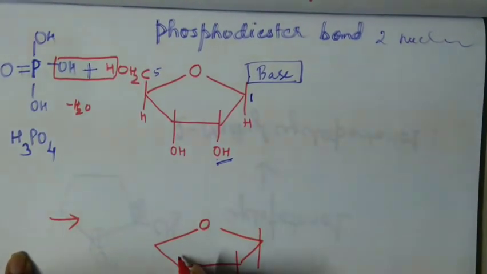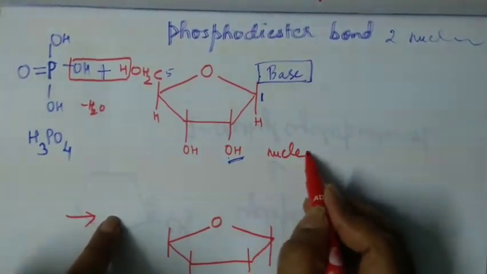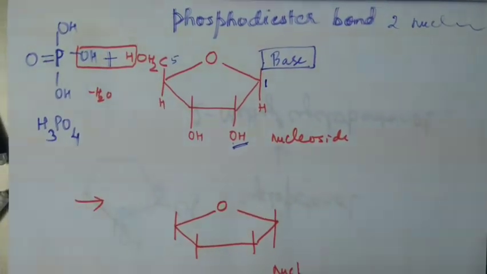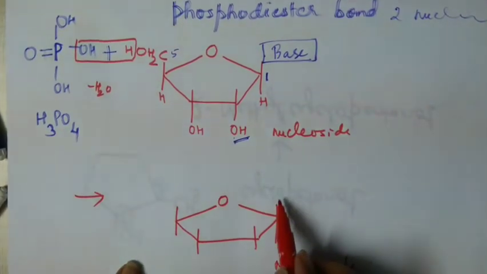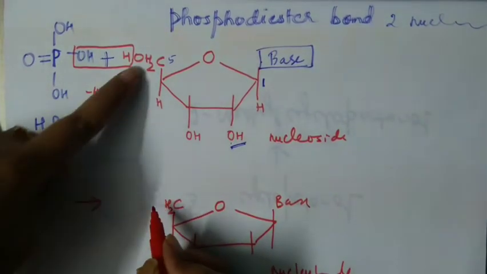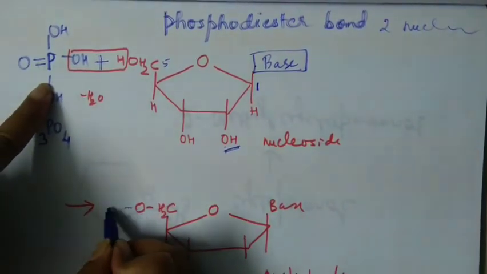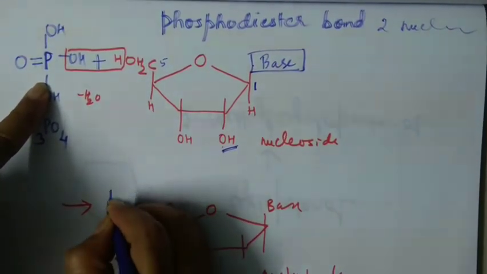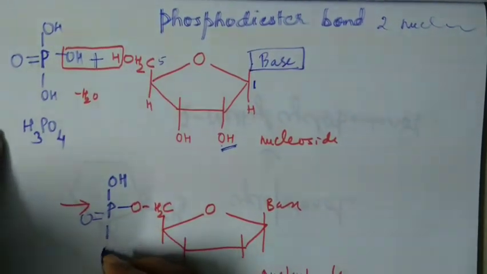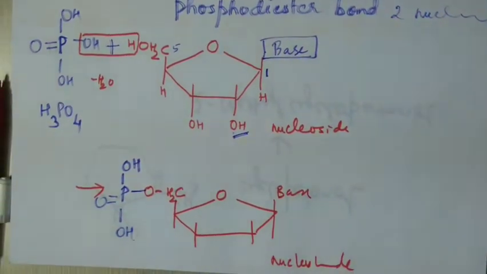a nucleotide. Okay, what was this? This was nucleoside. It has reacted with phosphoric acid to form nucleotide. So base is here and what is formed? CH2, oxygen is remaining and then this OH has gone out. So phosphorus is present here, OH, then P double bond O and OH. So this is a nucleotide. You have to fill in the blank.